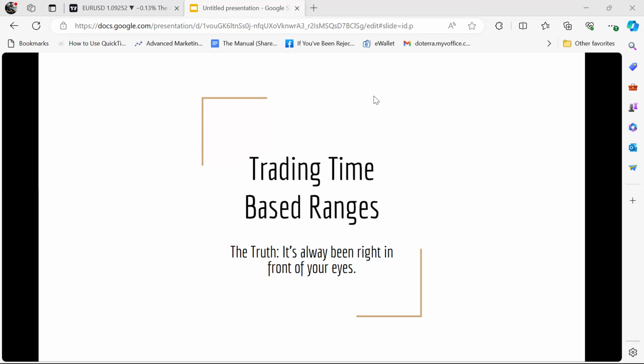I've found that there are two types of ranges. You have time-based ranges and you have price-based ranges. And as the title says here, the truth has always been in front of your eyes. And that is so true, because I'm assuming that most of us would have heard the terms dealing ranges, we would have heard about